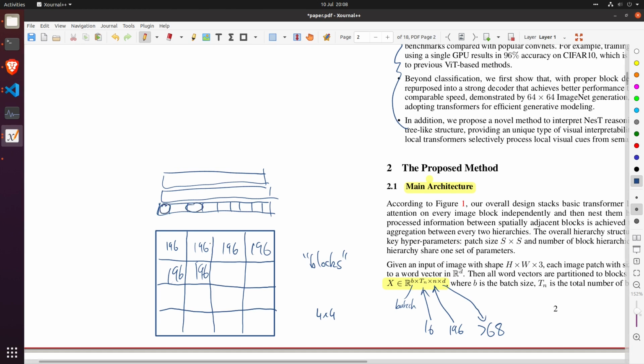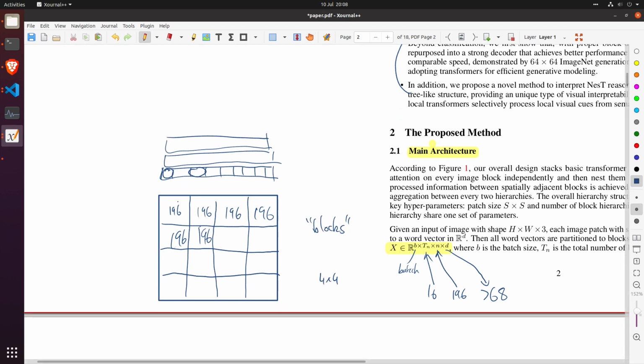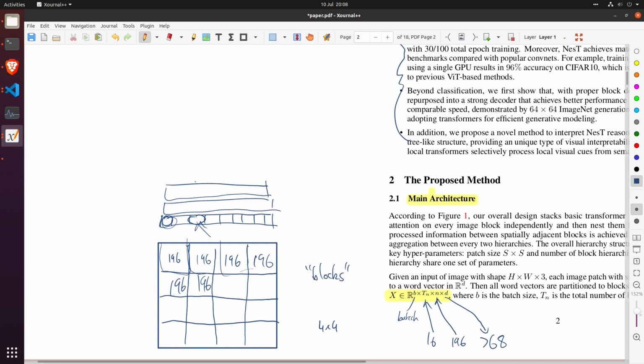Patches within this block can only attend to patches within this block. By the way, this is now reshaped. It's flattened out, right? It's flattened out and then rearranged such that all of the patches here ended up here, all of the patches here ended up here, etc. Right? So you do all that, and then you end up